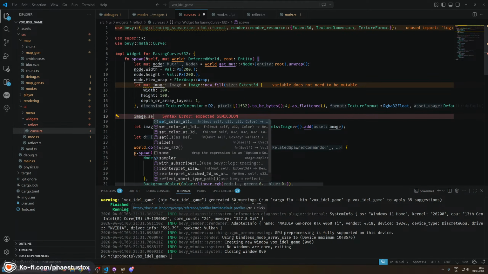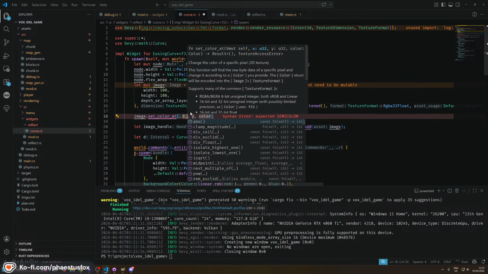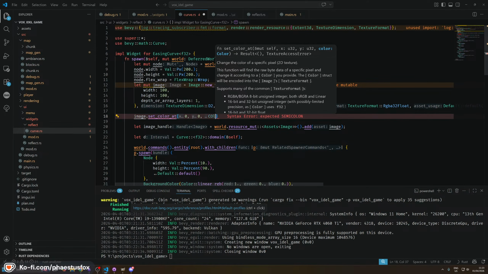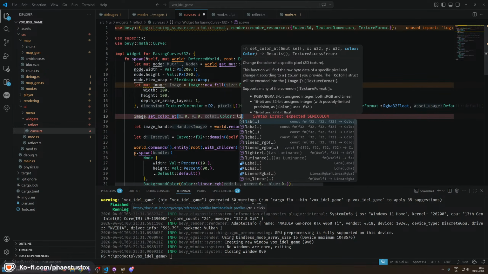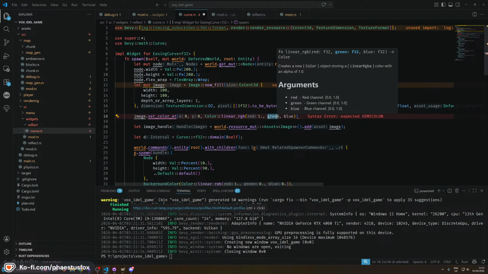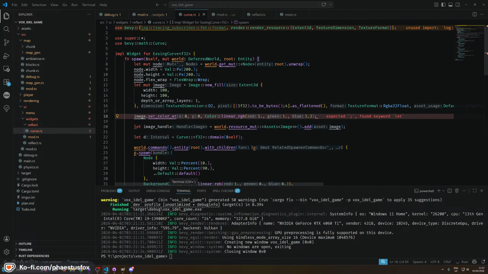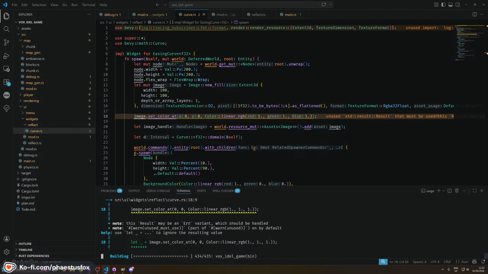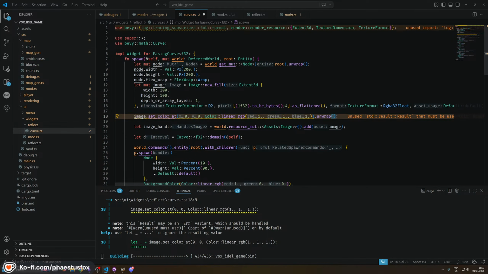Image dot set color at 0, 0, color, linear RGBA 1, 1. Maybe it can be higher than 1. I don't know. I wouldn't imagine it does, but we should probably also say like dot unwrap, because if this fails, it implies I'm doing something wrong somewhere else. But